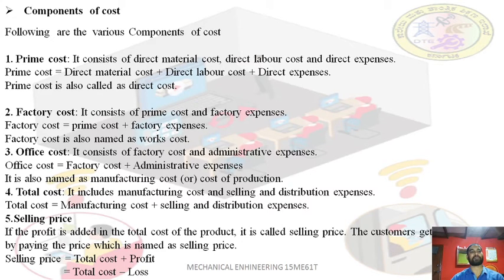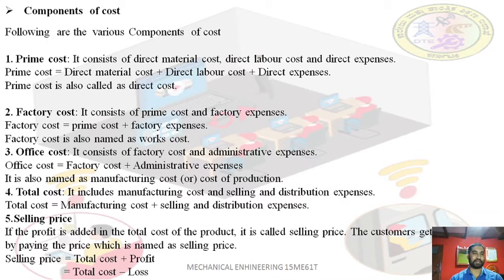First is the prime cost. Prime cost is the addition of direct material, direct labor, and direct expenses. Earlier, we have studied the various elements of the cost: labor, material, and expenses. Again, we subdivided these things. So in today's session, we are discussing the components of the cost. In that, first is prime cost. Prime cost is the addition of direct material cost, direct labor cost, and direct expenses. The addition of all these three things will give you the prime cost.